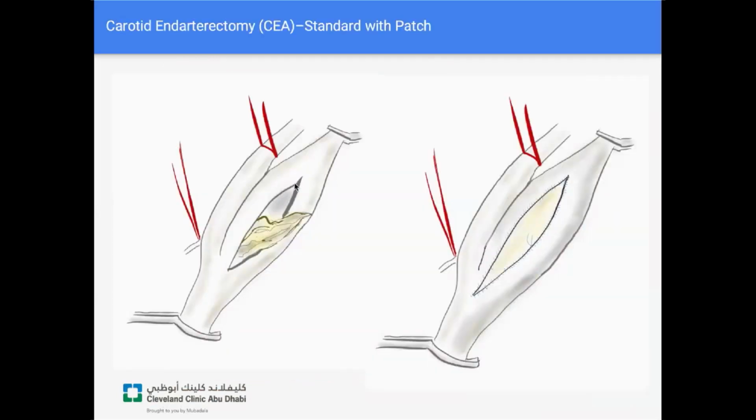The carotid endarterectomy can be done in a standard fashion. This is called the so-called standard fashion with a linear arteriotomy. The plaque is removed, and then a patch is sewn on to avoid narrowing of this channel right here. But if you don't have the patch, there is the chance that you could take longer bites and result in a narrowing of this segment of artery. But really, it's actually the after effects and the biological effects of operation and endarterectomy that the patch addresses.